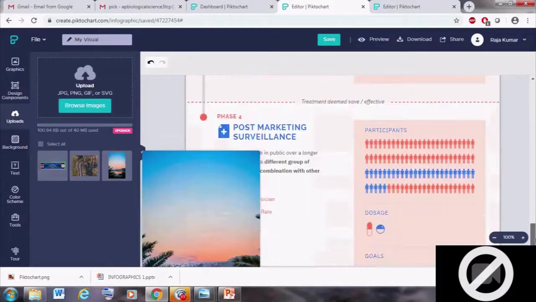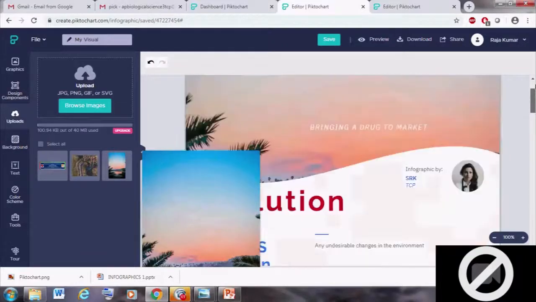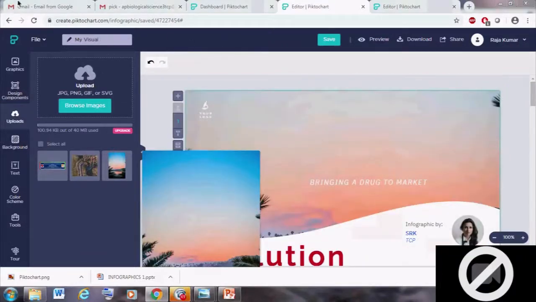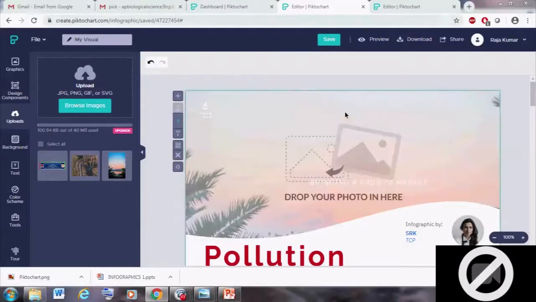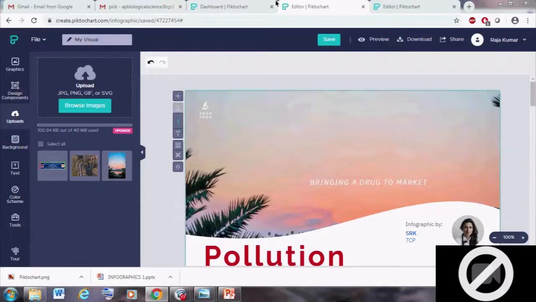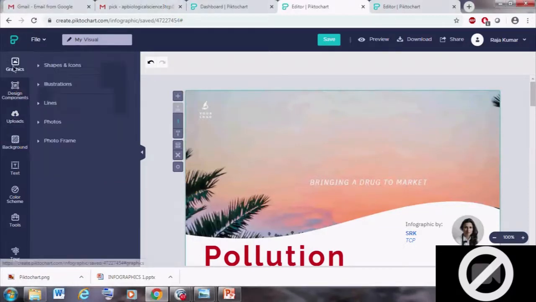Okay, and the first option, graphics. So in the graphics, shapes and icons, there are so many shapes and icons available.